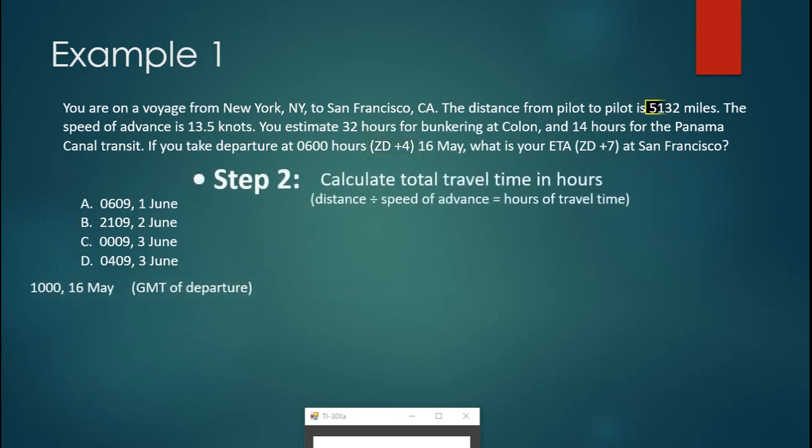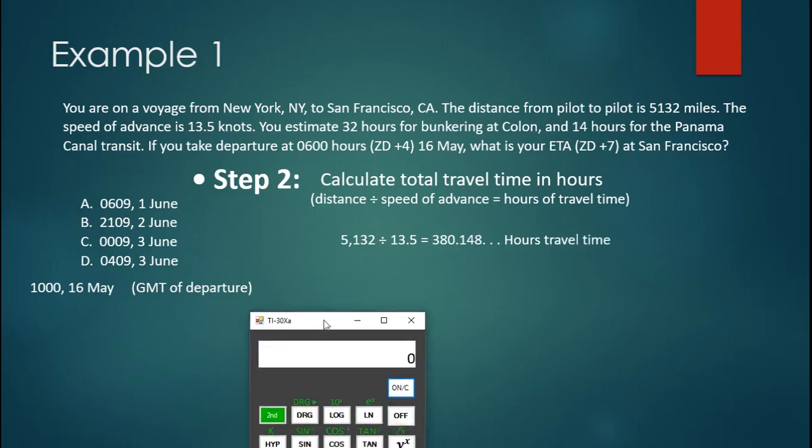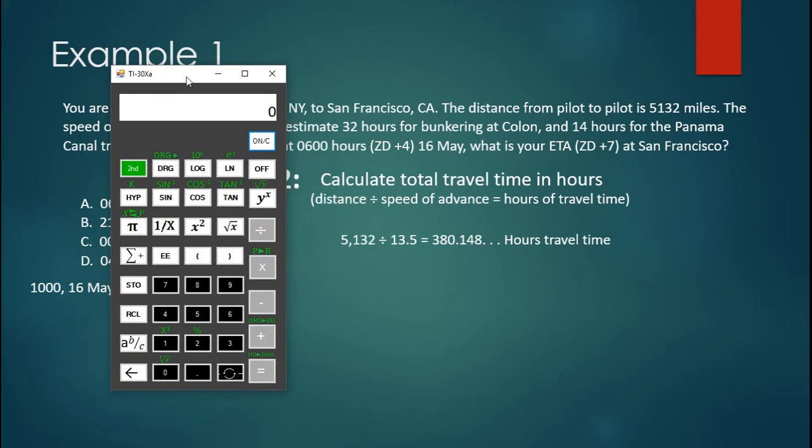For now, we're going to calculate the total travel time in hours. We've got 5132 divided by the speed of 13.5 knots. And it's going to give us a travel time of 380.148 hours. And this is just one of the little nuances here that may hang you up, but you'll notice